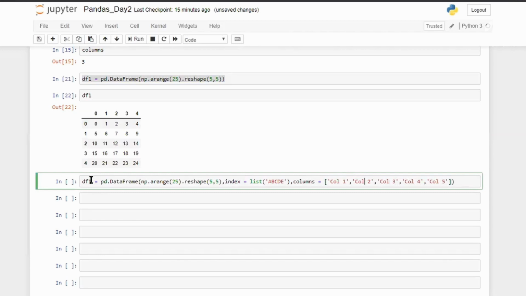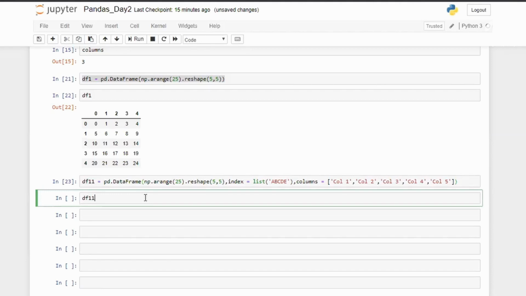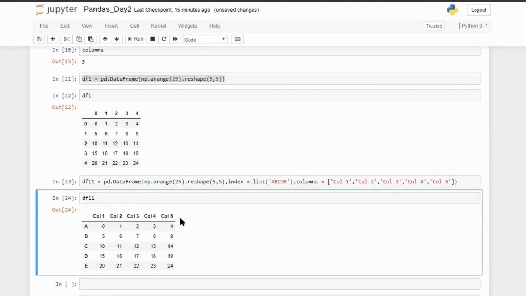So I'll give this as df11 here. Let's run and see. So you saw we changed the names of columns, and here also we changed the index: A, B, C, D, E. So this is how you can change the index and the column names.